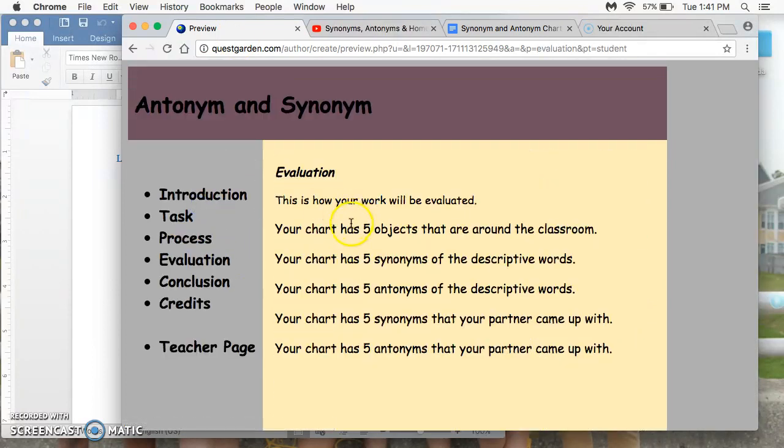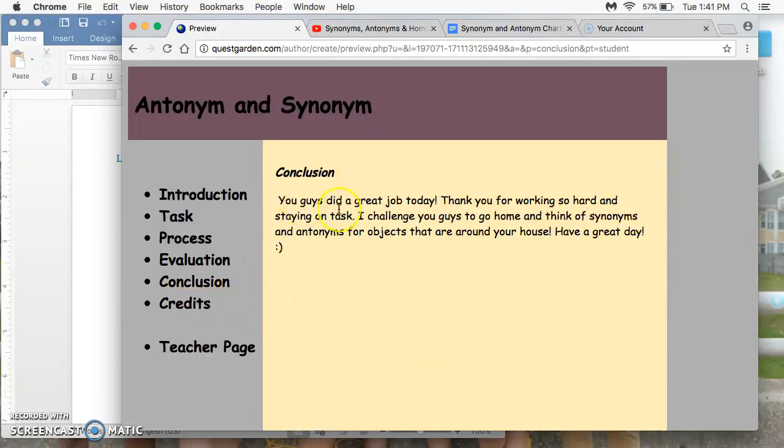The evaluation, they will be evaluated on the amount of objects that they have and the synonyms, the antonyms, and then the synonyms and antonyms their partner came up with. And then in conclusion, it says that they did a great job today, and I thank them for working so hard and staying on task. And then I also challenged them to go home and think of synonyms and antonyms for the objects around the house. And so hopefully through this review, the students will be able to correctly identify antonyms and synonyms and identify words that have similar meanings and understand what the words